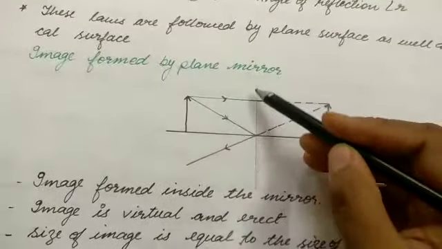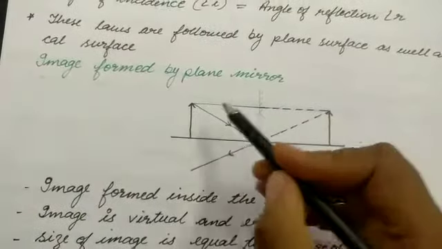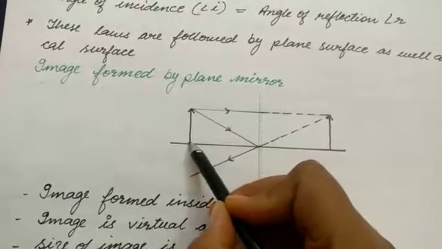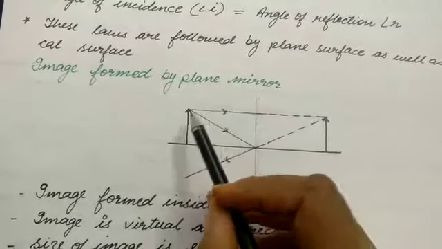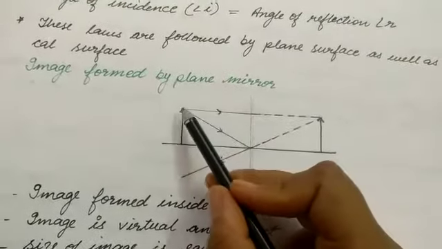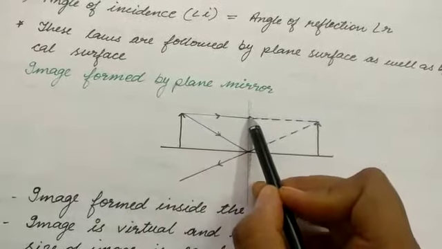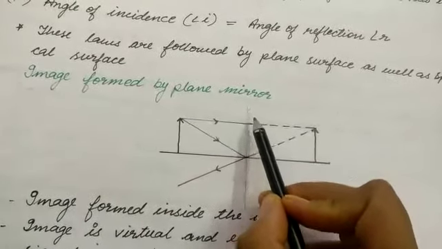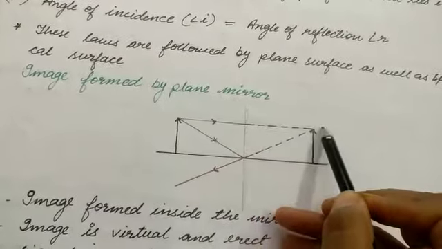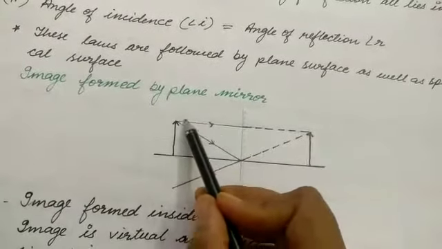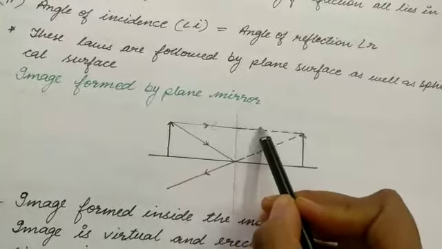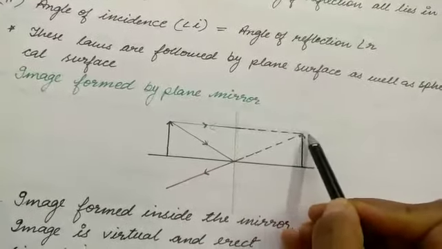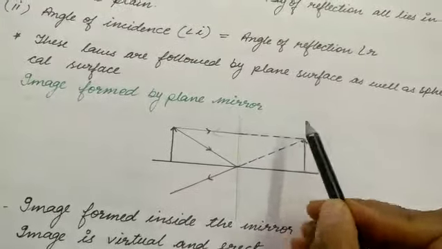So this is a plane mirror, and this is the object kept in front of it. Here we have considered that a few light rays are emerging from it. The first light ray is just perpendicular to the mirror. It is considered to be moving in the same straight path. Either it will return back along the same path, but if we imagine it to grow at the back side of the mirror, it will go in a straight line.